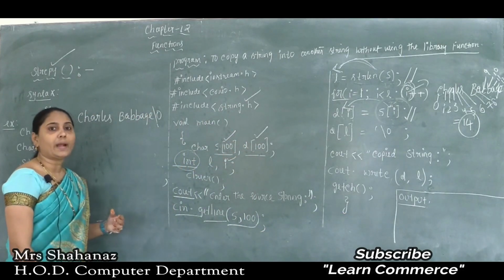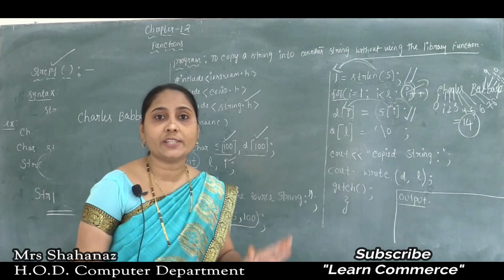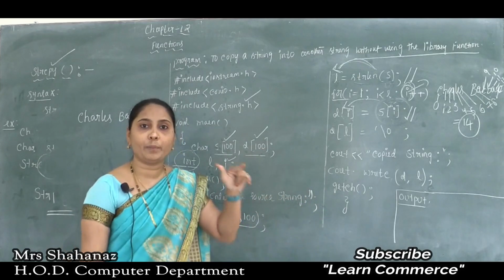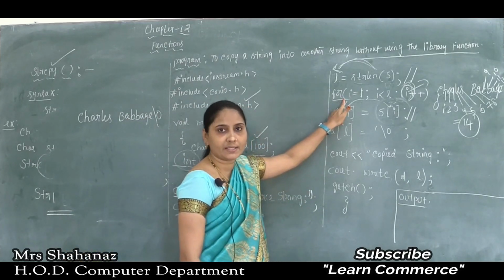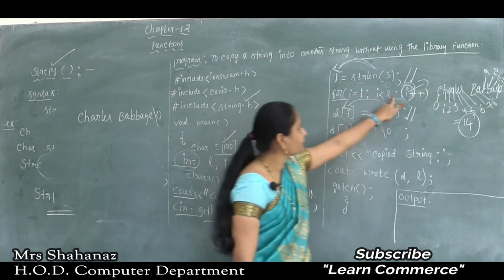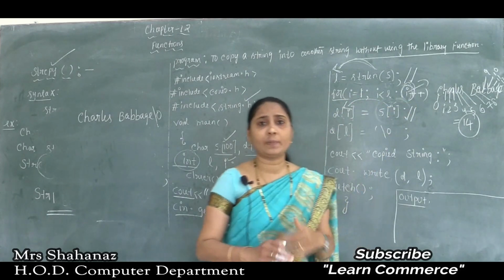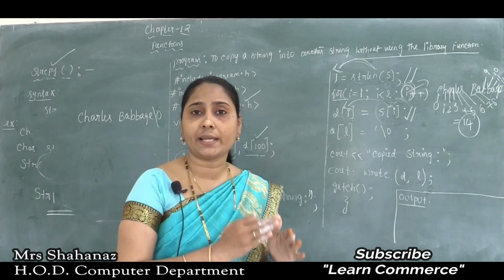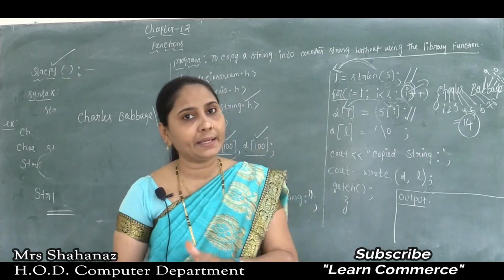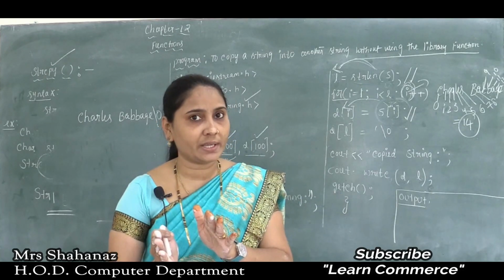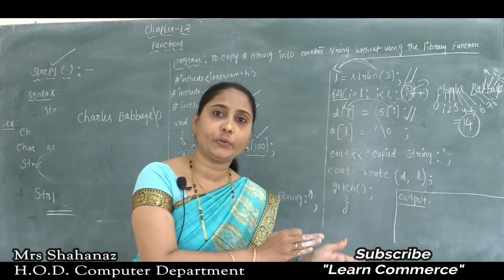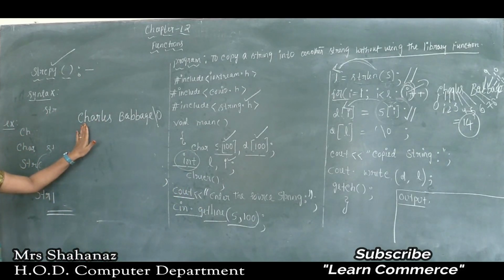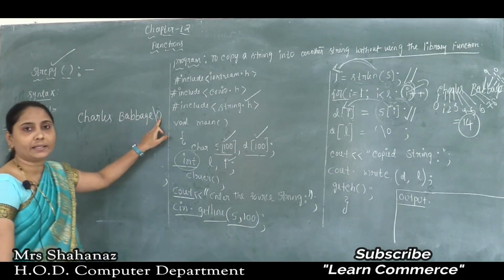So this is the program, and it is specially used just for copying from one string to another string, but without using the library function. Because of this I used this line, for i equal to 0; i less than L; i plus plus. That means, until the condition is satisfied, all the characters are accessed, and such a character is copied using the variable i here. Later, whatever information is in S of i is copied to D of i. And after copying all the information from one to another, we need to add the null character.